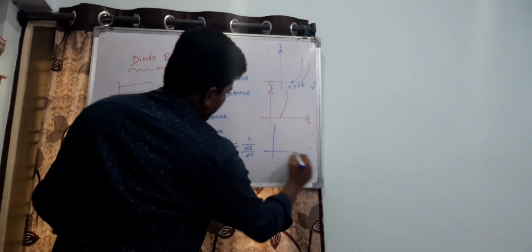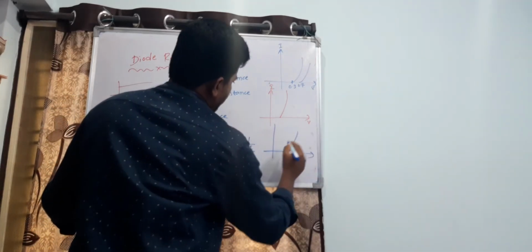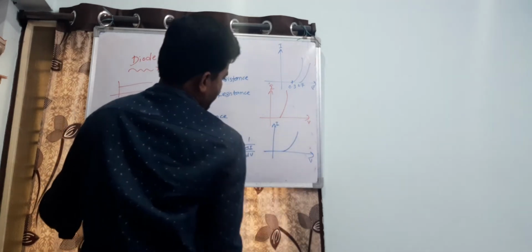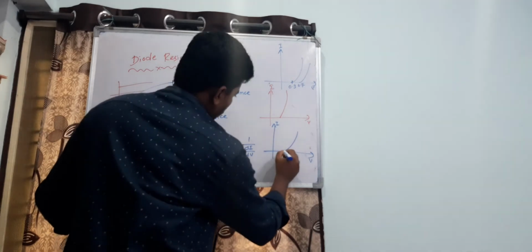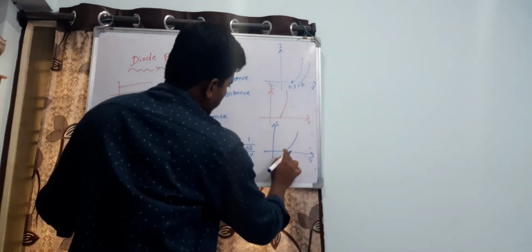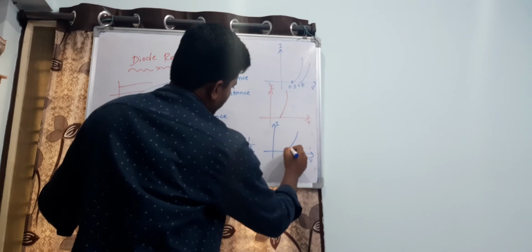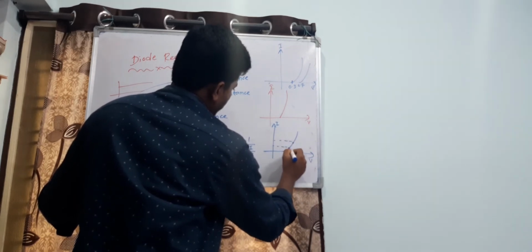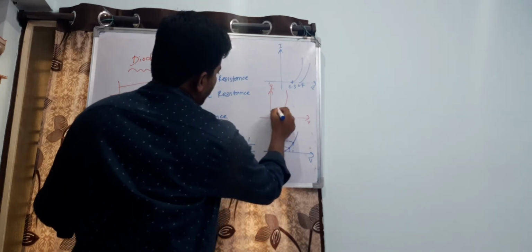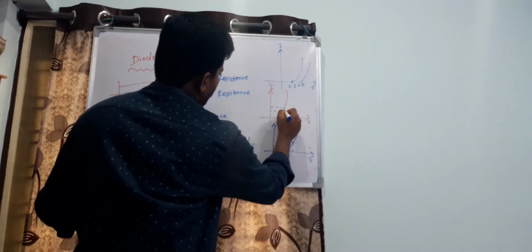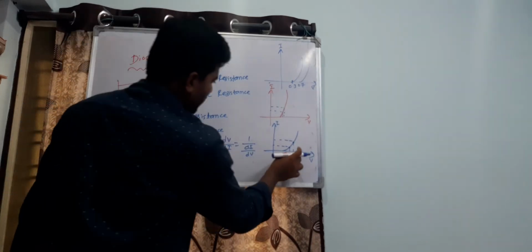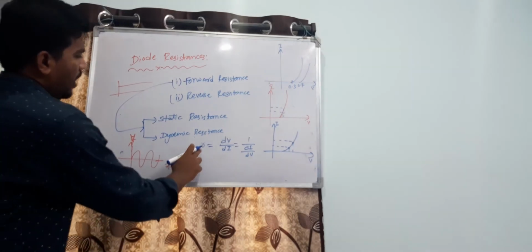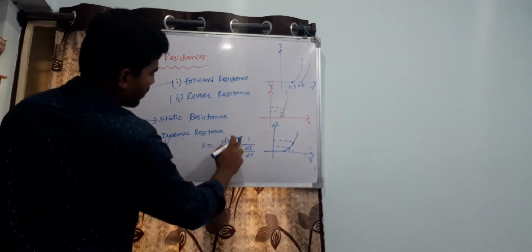So if you draw the graph here again, compared to the DC source, the AC source may change with respect to voltage, with respect to the time axis. That's why voltage may vary more compared to DC. When the AC voltage changes, the AC current also changes. Compared here, it is a very small amount of change. We cannot say this is a change, but the AC source has more change compared to the DC source. That's why r is equal to dV by dI or 1 by dI by dV,